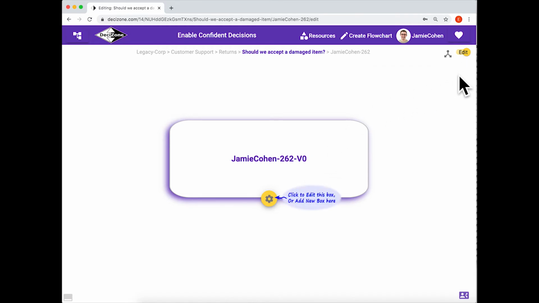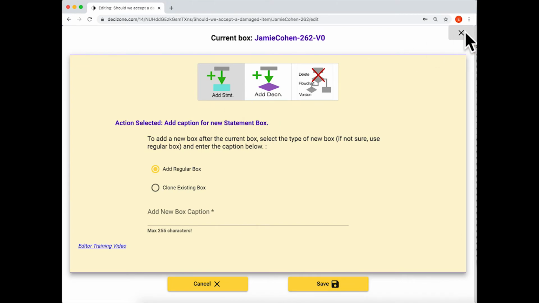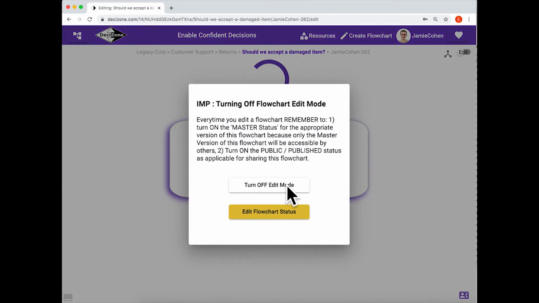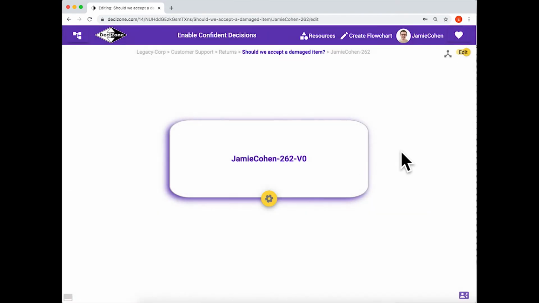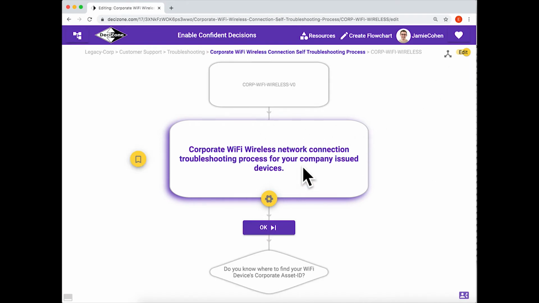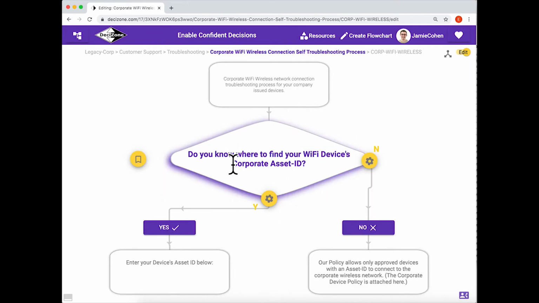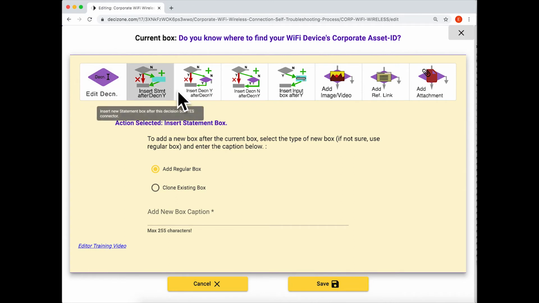Third, the new flowchart is displayed for you in the edit mode, where you are able to complete creating the rest of your flowchart. When your account has the privileges to edit the displayed flowchart, you can switch between the edit mode and the view mode using the edit toggle button. When you are in the edit mode, you are always editing the current box, which is the box in the center. You can access the editing tools by clicking on the yellow gear icon on the box corner that you want to edit. The editing tools are contextual in nature. This means that only the tools that are relevant for the current box are available in the tools window.